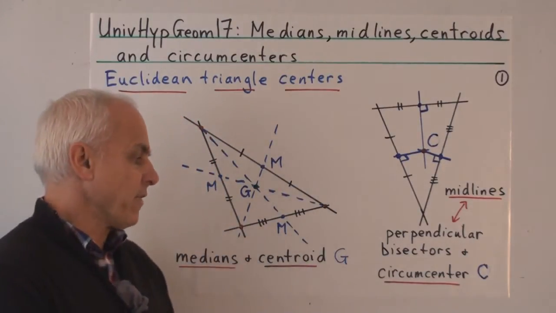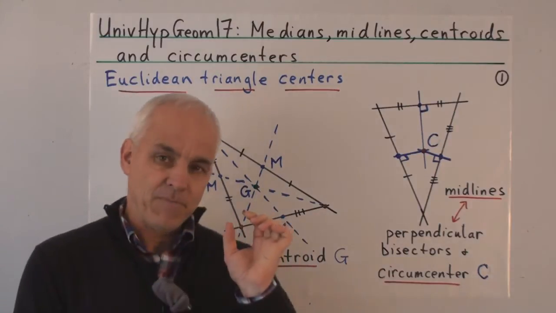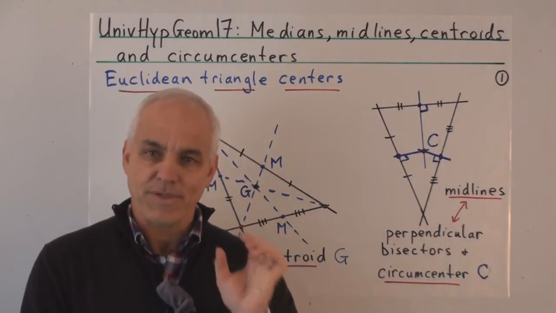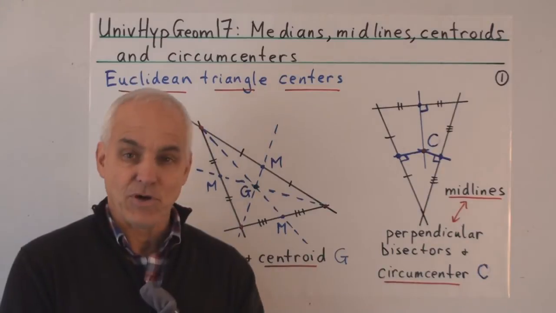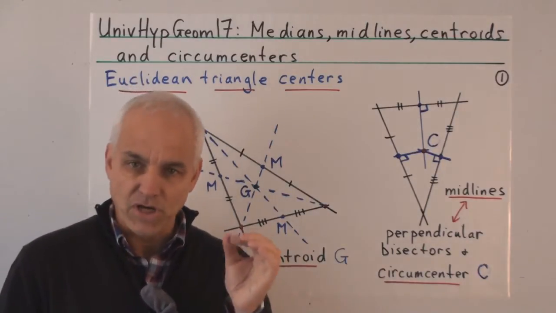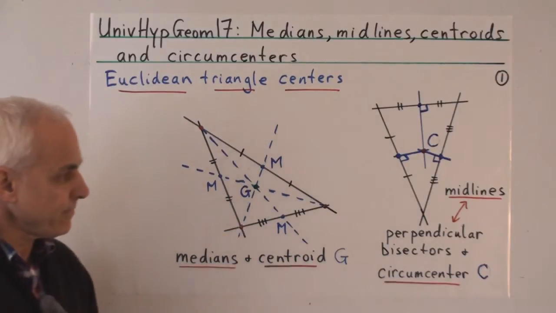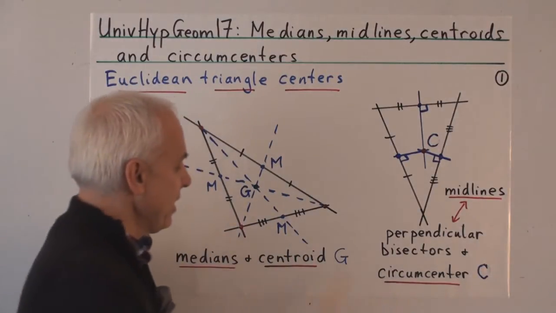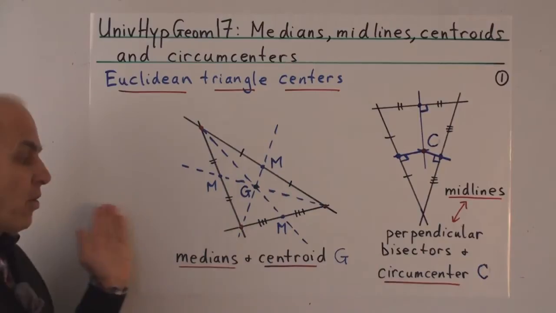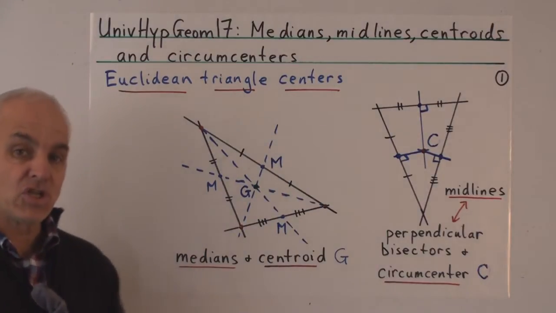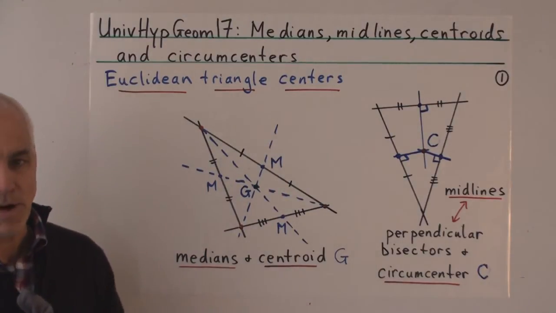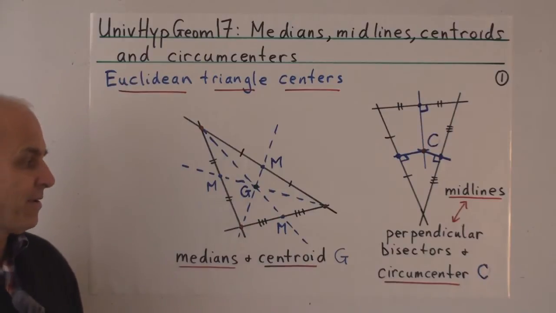There are some good reasons for that, most notably that the symbol O really ought to be reserved in our context for the origin of an affine or vector space. So circumcenter C, centroid G, together with the orthocenter that we're calling H, those are the 3 classical points in